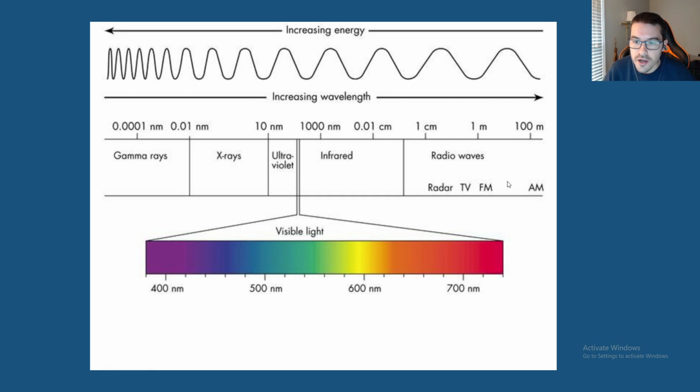Okay, so radio waves are really long wavelengths with low energy. Infrared is sort of the next highest energy, shorter wavelengths. Visible light, this is the only type of radiation that we can see with our eyeballs. Okay, it's actually a very, very tiny portion of the overall spectrum. And then you get to ultraviolet, X-rays, and even gamma rays. These are really, really high energy, short wavelength bits of radiation that are mainly produced in like outer space, for